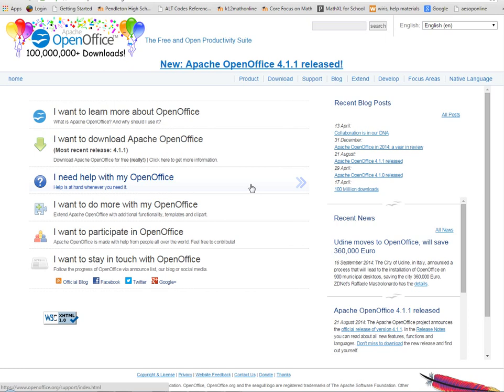They call them different things. I can't remember what they're called, but it's got some program that's just like Microsoft Word, some program that's just like Excel, and something that's just like PowerPoint. So you can download that on your home computer and have a fully functional Office suite of really powerful programs to use for free. Highly recommended. I would not spend the money on Microsoft Office if you don't really want it. This is a good one instead. The other thing you can do, so that's option A. Another really good option is